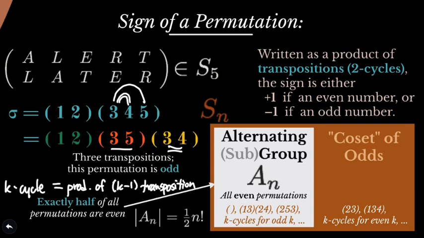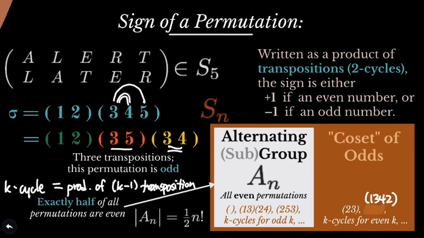What about closure? If I take 1, 3, 4, an odd permutation, and I compose it with 1, 3, 4, an odd permutation, what am I going to get? That turns out to be 1, 4, 3 again, which is also odd. Wait a minute here. Oh, I've got a typo, don't I? Sorry, 1, 3, 4, 2. Let's make that our odd permutation here. So its inverse will again be an odd permutation, because the inverse of a k-cycle will always be a k-cycle. Right? When I compose it with itself, though, 1, 3, 4, 2,